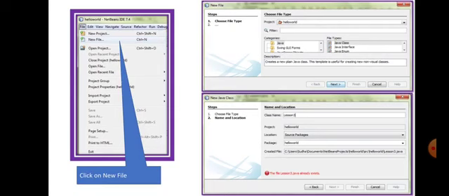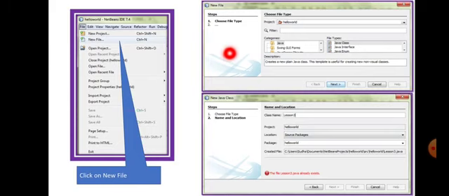Now, how to create a new project? This is very important, children. As soon as you open NetBeans, it will ask you to create a new file. Here, click on new file. The command for new file is Control N, as it is given very clearly over here. You can do that, and soon after that it will show you a list.